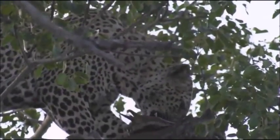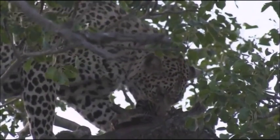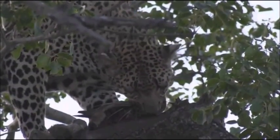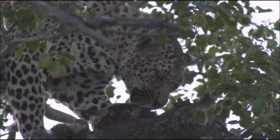The leopards of the Sabi Sands are absolute superstars, and they love performing in front of the camera. I haven't experienced any behavior like that from a Sabi Sands leopard because they are quite relaxed to the vehicle. They know that we are just taking photos and video,